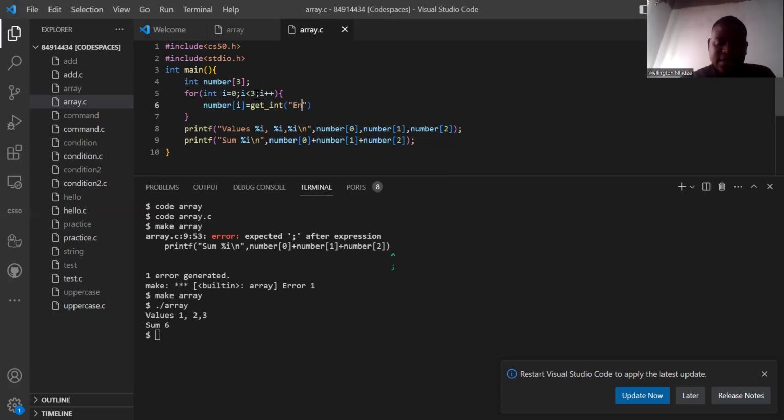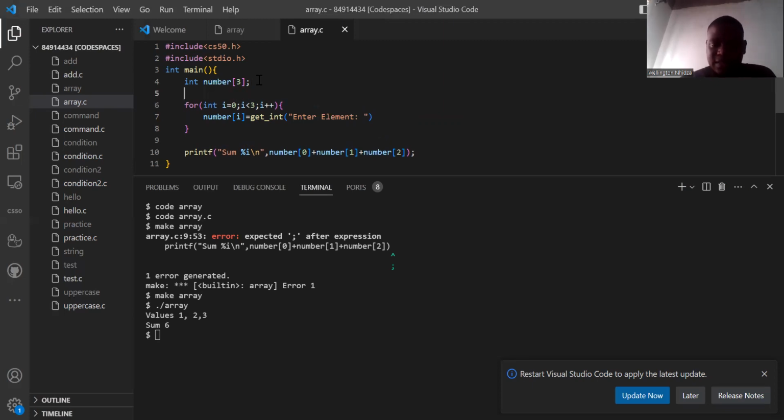Just enter element like this. So whenever the 3 elements have been inputted, then they are just stored. So here we can just remove this, and we can say the sum, the person can still get the sum, and also the sum wanted, we can just initialize the total to 0,